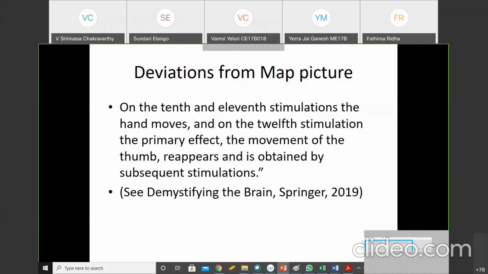Then on the 10th and 11th simulations, the hand moves, right? And on the 12th simulation, the primary effect, the movement of the thumb, reappears and is obtained by subsequent stimulation. So it's basically all over the place. Okay, so the simple picture of the map that has been popularized in the earliest studies is not quite